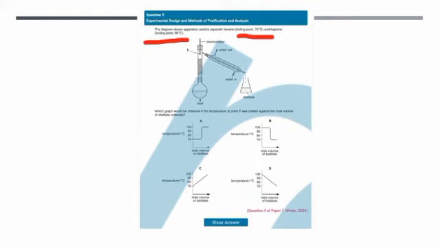I have hexane at 70 degrees Celsius and heptane at 98 degrees Celsius. What is the correct graph for the fractional distillation of the two miscible liquids? Well, first 70 degrees comes first. So first it's going to evaporate at 70 degrees Celsius, the vapors, then the temperature is going to rise till 98 degrees Celsius. So my graph should be like this. A is the correct answer.